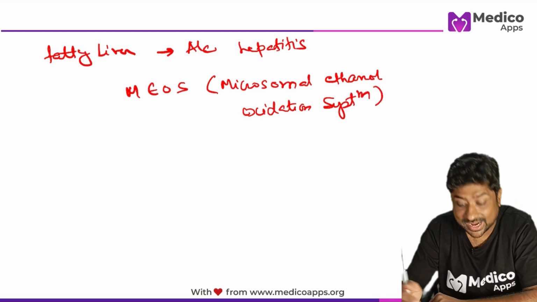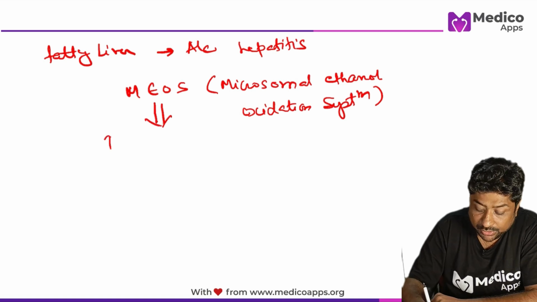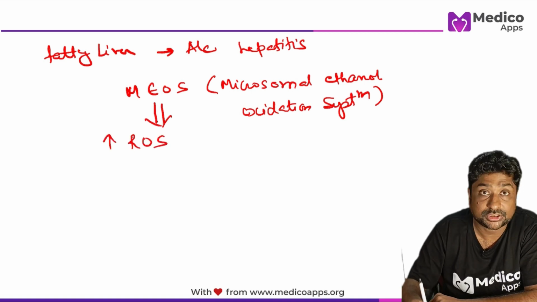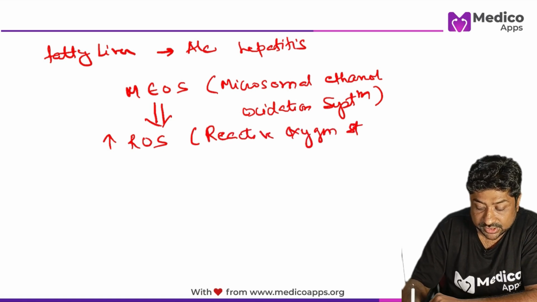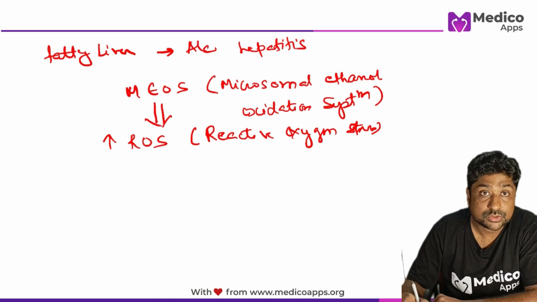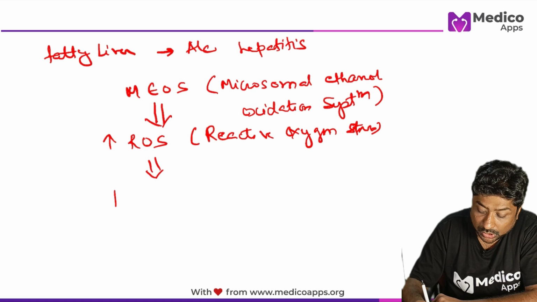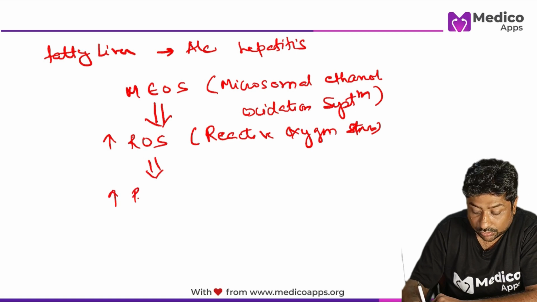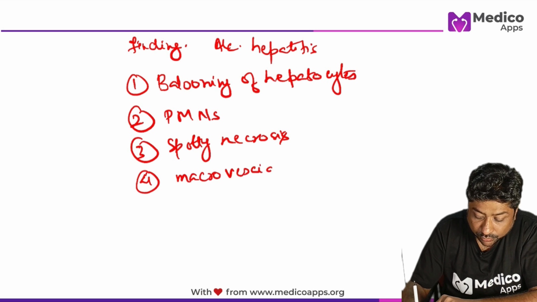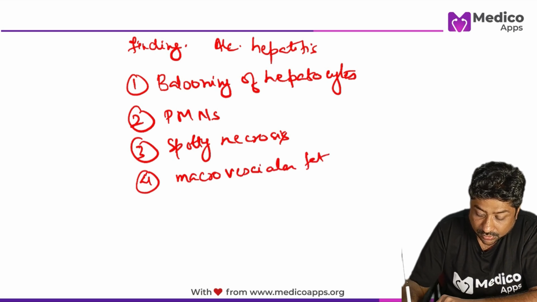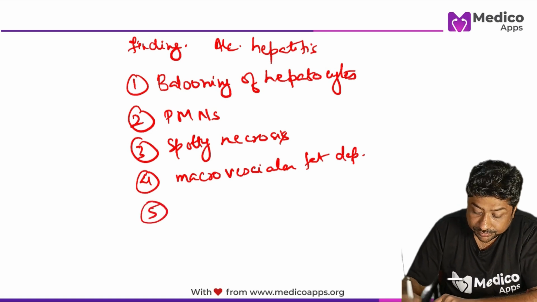Okay, so this is activated, and what will activation of MEOS do? It will lead to increased production of ROS, that is reactive oxygen species. So there will be an increase in oxidative stress, and this will lead to increased production of pro-inflammatory mediators. There will also be microvesicular fat deposition, and finally you will have